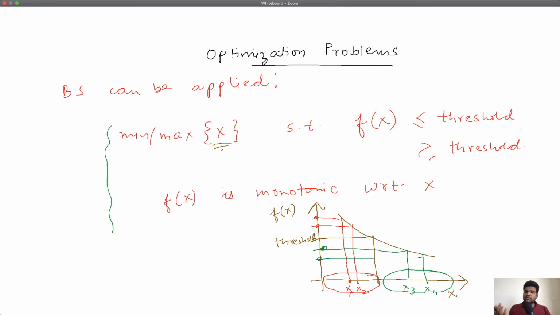So because you have this property that F(X) is monotonic with respect to X, you have an easy way of differentiating this red part from the green part. How can you differentiate? You can simply differentiate on F(X), right? You know that F(X) is less than or equal to the threshold for this part. So if you have a predicate which is F(X) less than or equal to threshold, you know that it will be true for the green part but false for the red part.